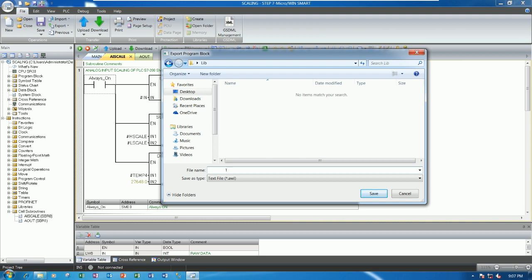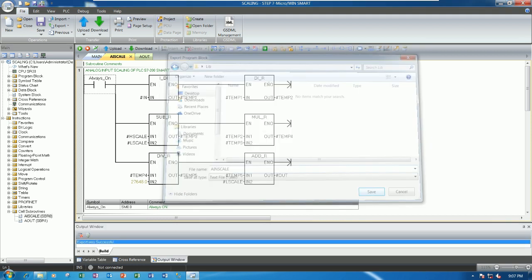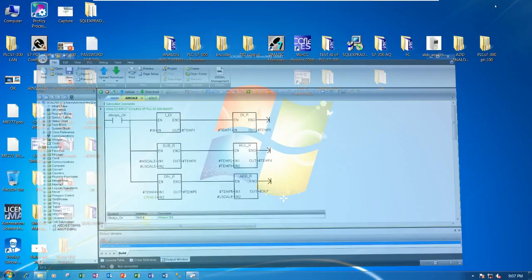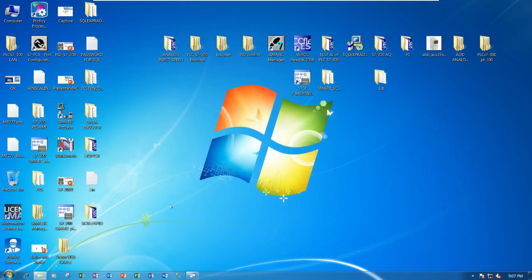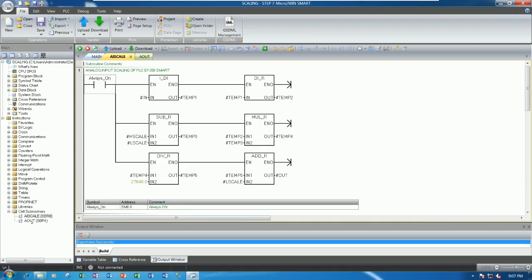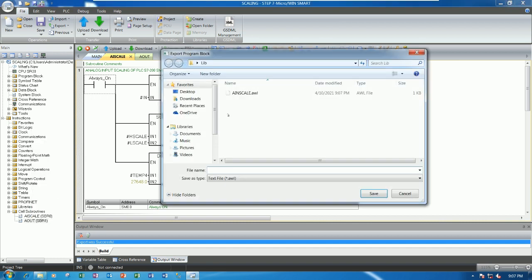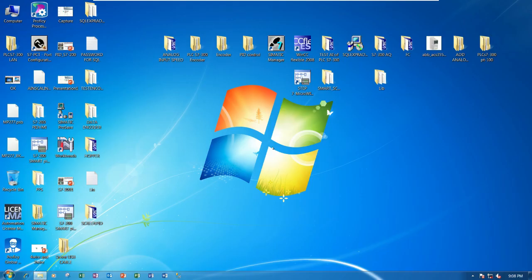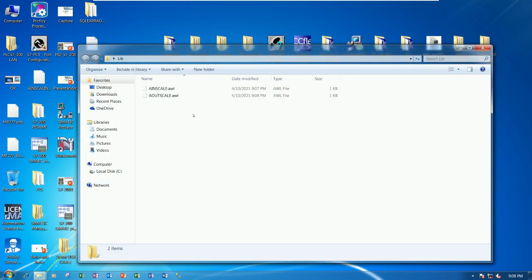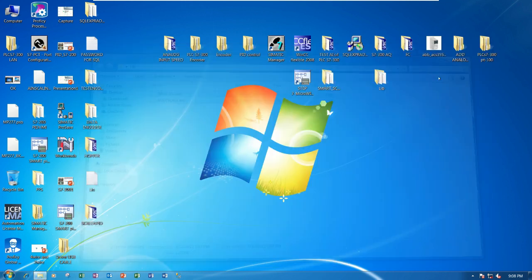for example AIN analog input scale. Okay, so we will get here the analog input scale, and one more for analog scaling, analog output. So we can also export here, for example analog out scale. Okay, and right now we have two libraries here,